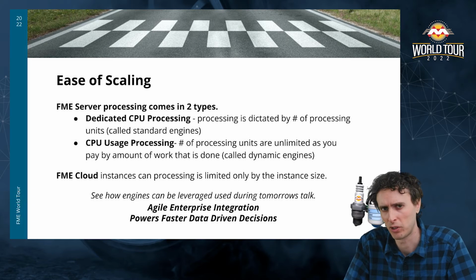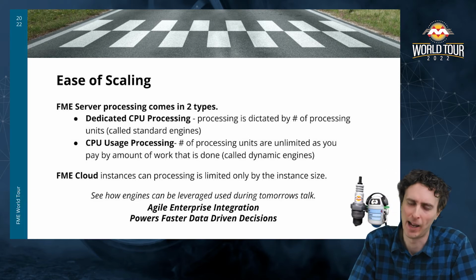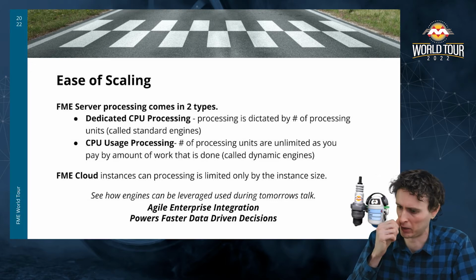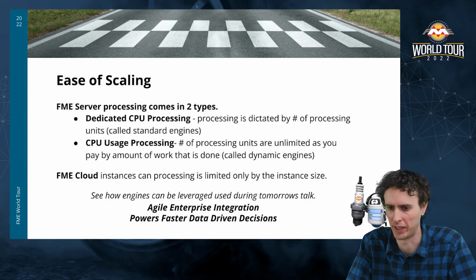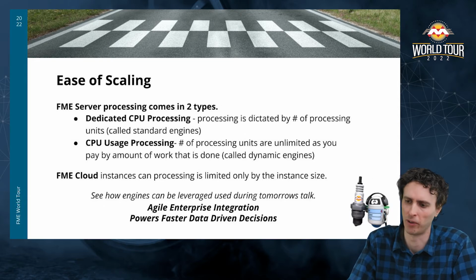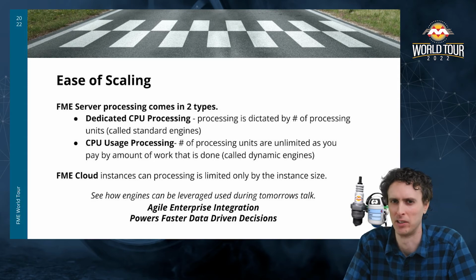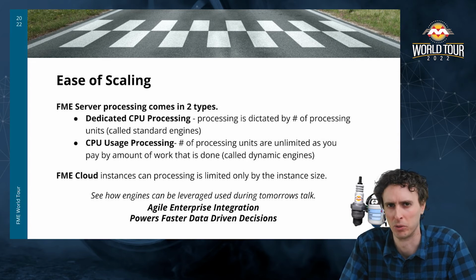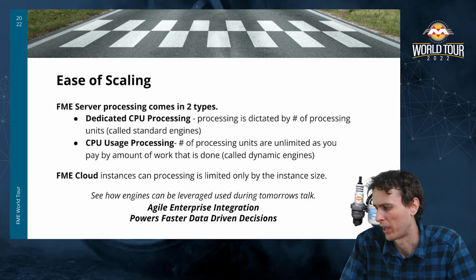If you need to do this or you want to do this, then cloud-based infrastructure lends itself really, really well to these workflows. And now you can dynamically add VMs using auto-scale groups. You can scale Kubernetes clusters up and down by adding nodes very, very easily. So again, this is a consideration. If you're looking to do scaling, you really need to think about that up front as well. FME Cloud can be scaled up and down. It allows you to do it in one click. It's not as powerful as dynamic engines, but there is some flexibility there.